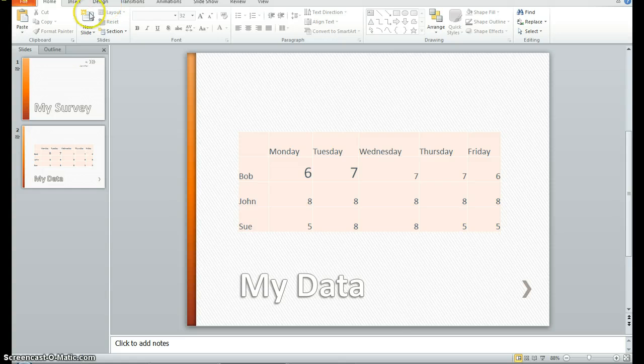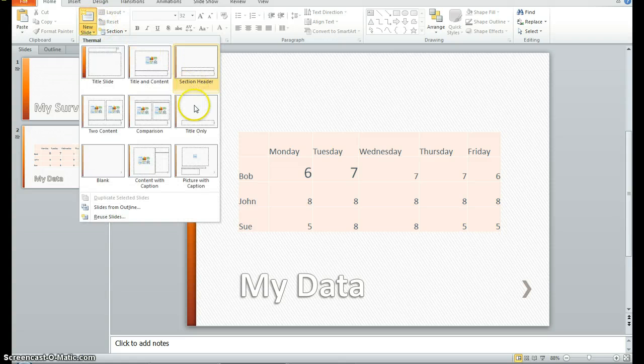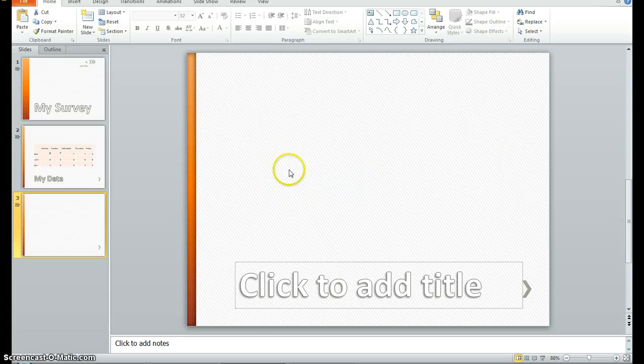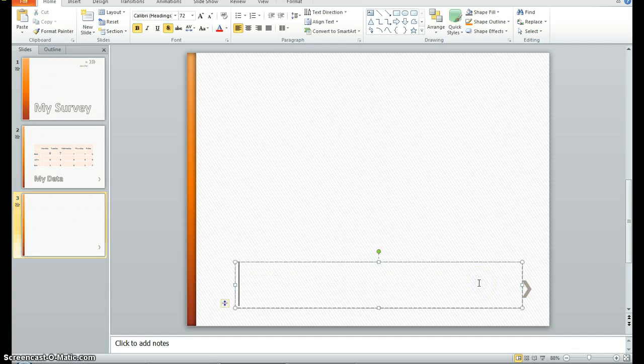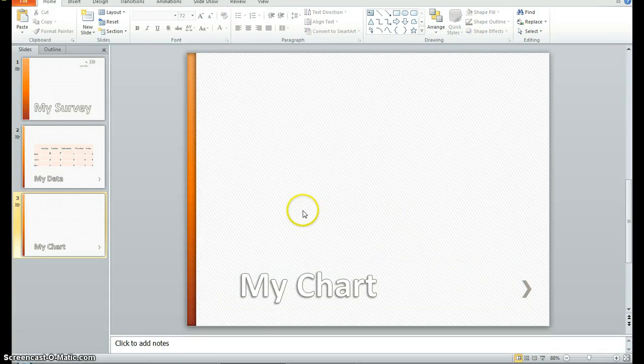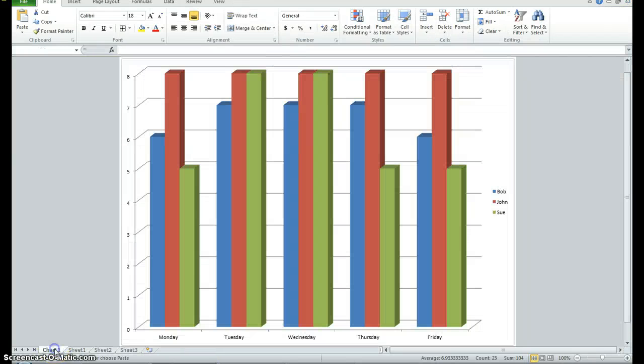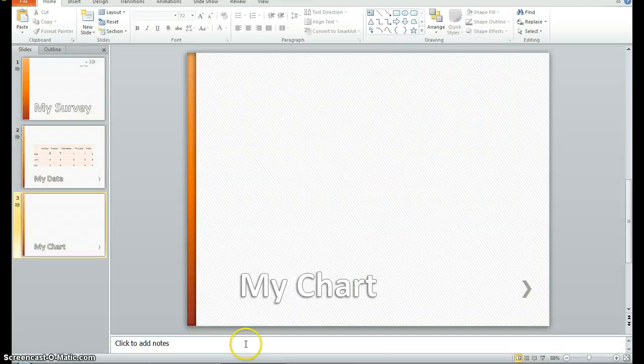So now I'm going to create another slide, same type of slide, title only. Now this layout that I picked puts the title on the bottom because of our design. Sometimes the title is on the top too. And this will be my chart. And again, you can call it something else besides my chart, and that is fine. I'm going to go over to Excel. I'm going to switch to my chart tab. I'm going to click on it and copy, and go over to PowerPoint and hit paste,